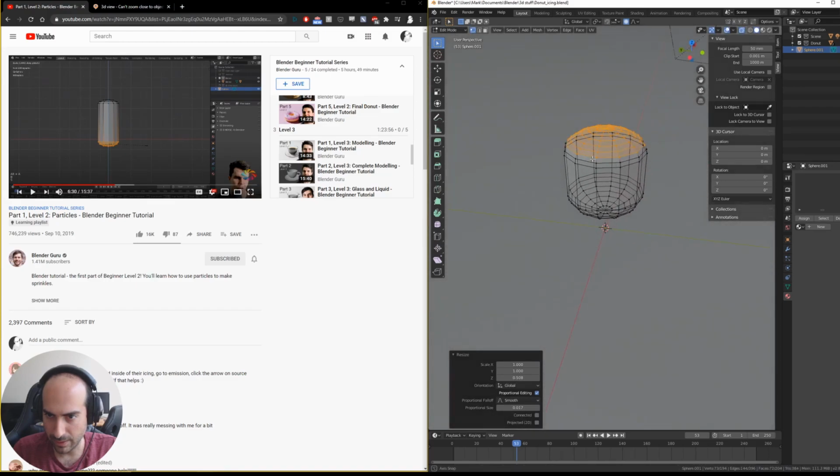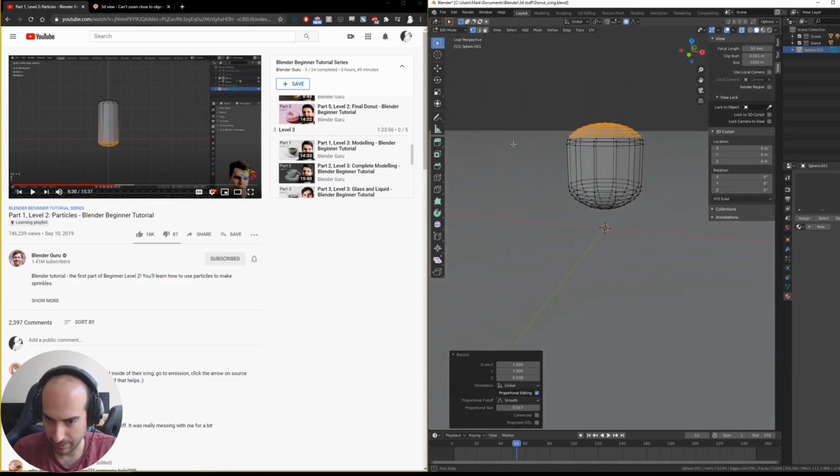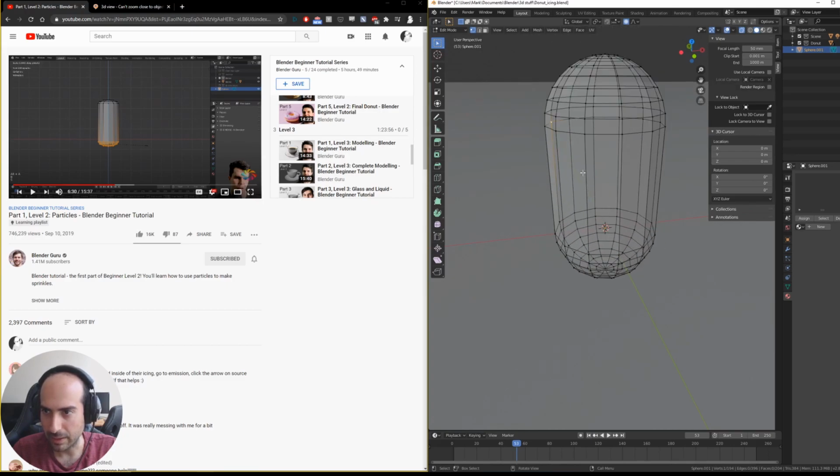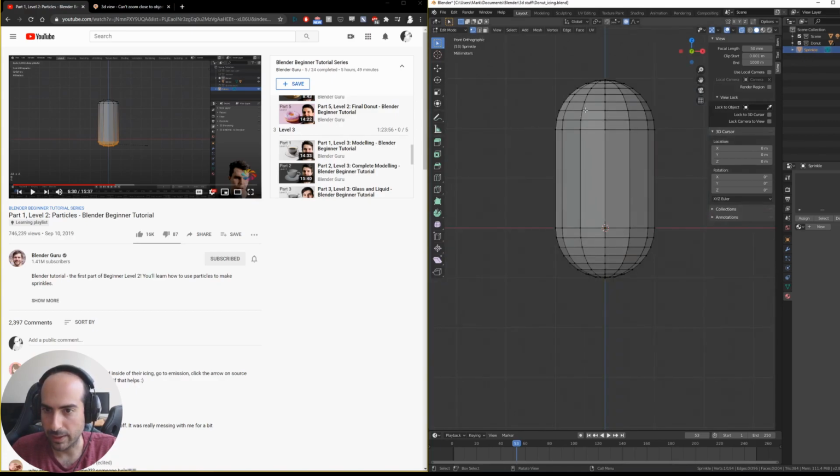I'm curious, why is it scaling everything? I just want it to scale my selection, right? So I want to come in here, and okay, first I'm just going to call this sprinkle. So let's see, I'm going to look at it head on, I push 1 on the num key. And then if I click this and then scale and then Z,